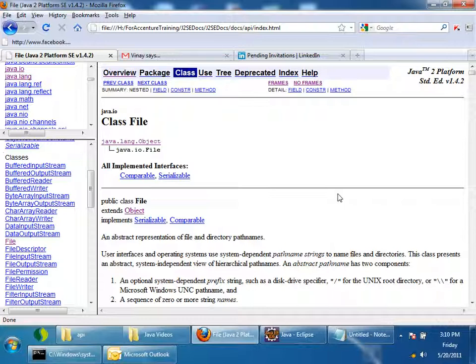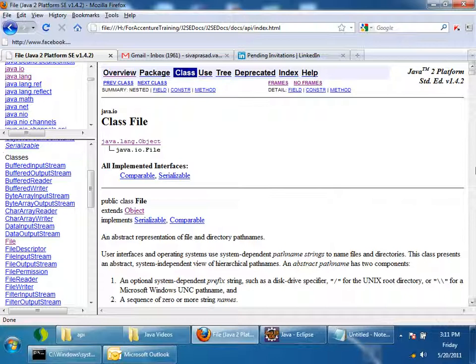So the first point you have to understand when talking about IO is the File class. By using the File class, we can create a logical object which represents the physical file in the operating system. Whatever operations you want to do on the physical file, you can do the same operations on this logical object, and that will get reflected on the physical object.